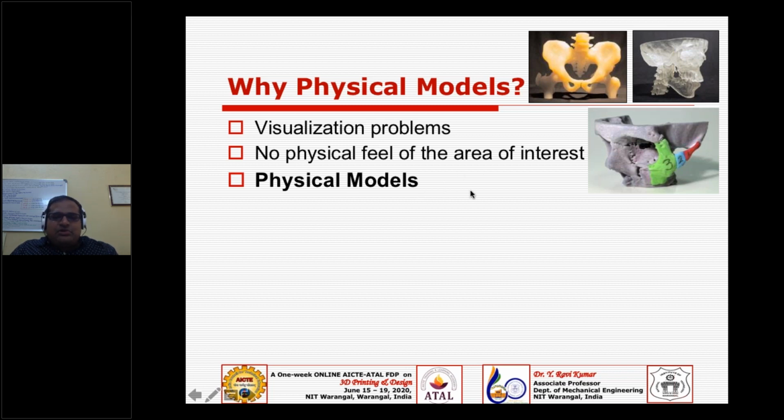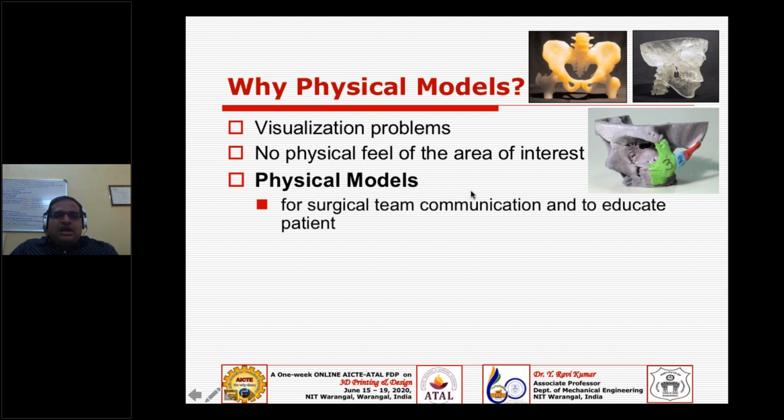Your physical model lets you communicate among the surgeons, as we discussed, or even educate the patient. You can explain that there is a malfunctioning or a problem here which we are going to operate on, and you can have better communication among the different surgeons who have to be involved here.